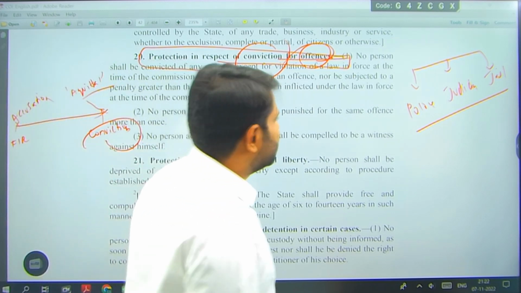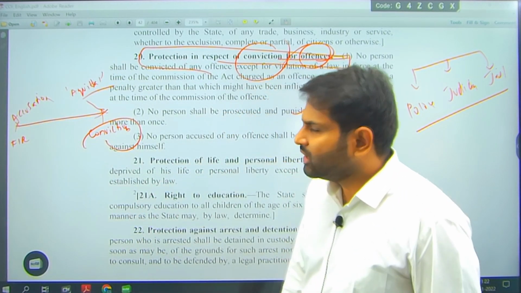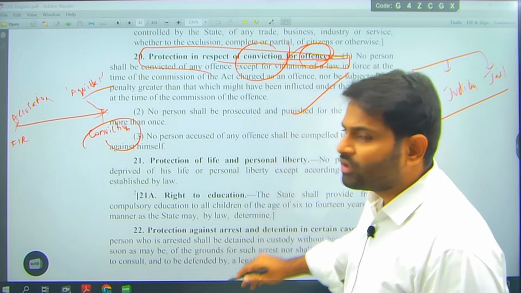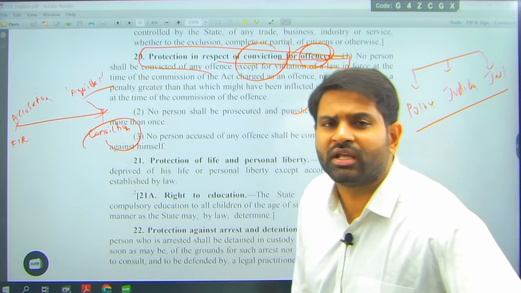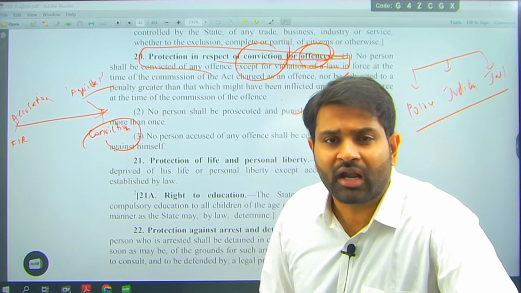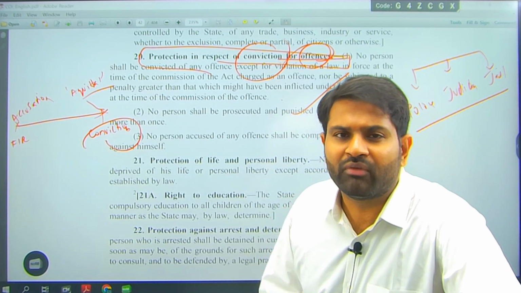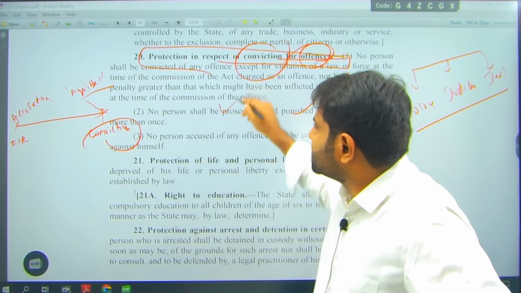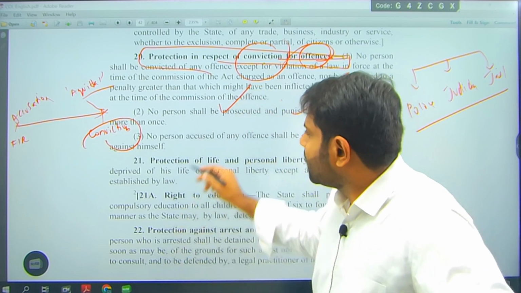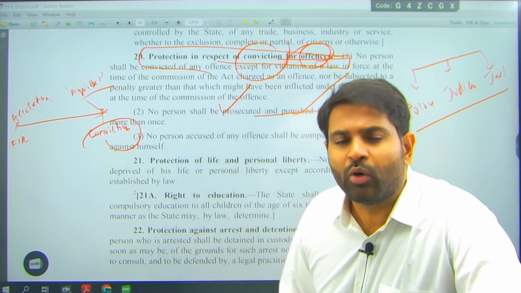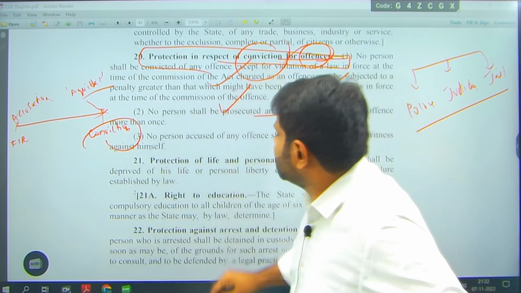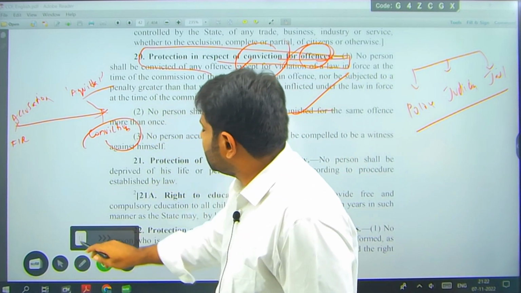It is like protection against the police, literally. Articles 20, 21, 22 are literally like protection from the police, from the state organ which is powerful, from the powerful state, right? So protection in respect of conviction for some offences. For example, no double jeopardy: no person shall be punished for the same offence twice. Example understood? So protection against conviction of some offences is there in Article 20.